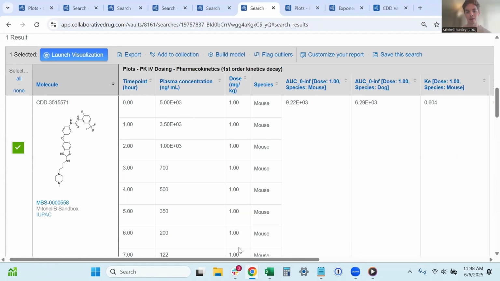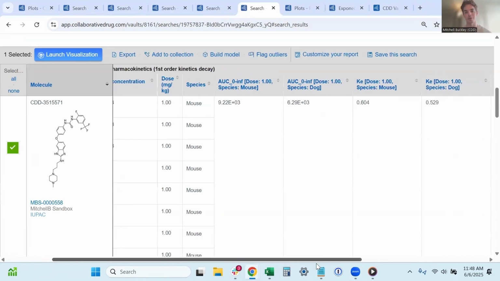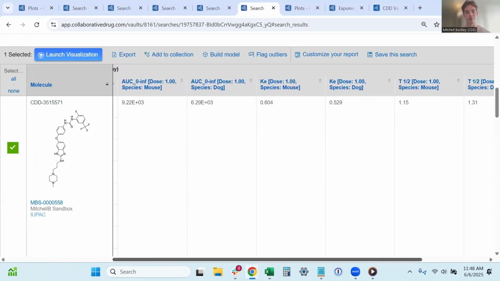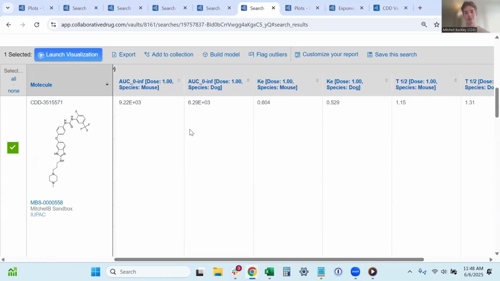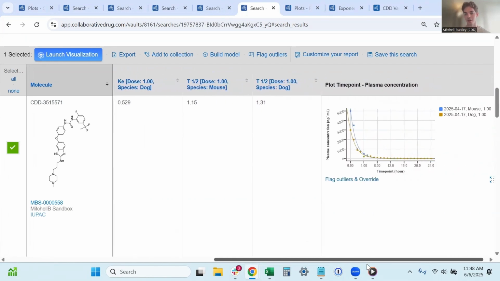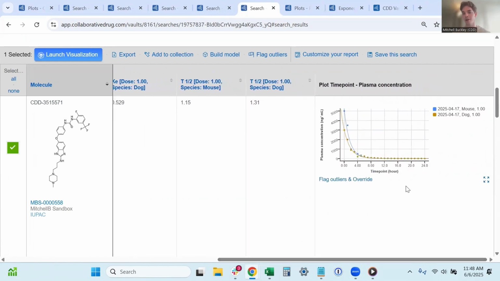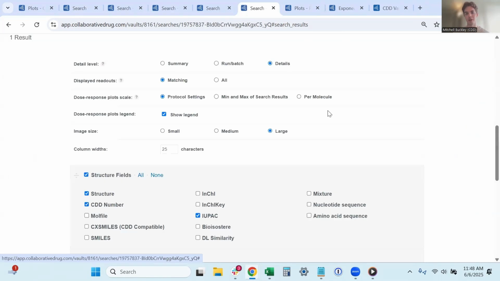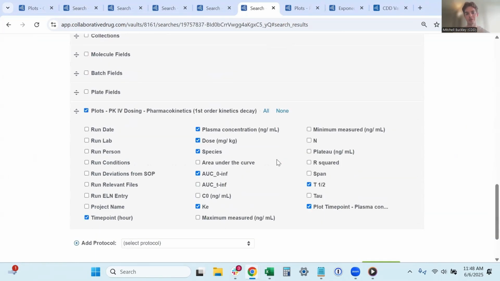calculations correctly. In the particular report that we're looking at here, I've toggled on our AUC to infinity calculation, our elimination rate constant, as well as our half-life using that elimination rate constant. Our plot will be found on the right-hand side of this table, and of course, we'll aggregate over those calculations that we defined. Within the Customize Report window, if I open this up, we'll be able to see all of